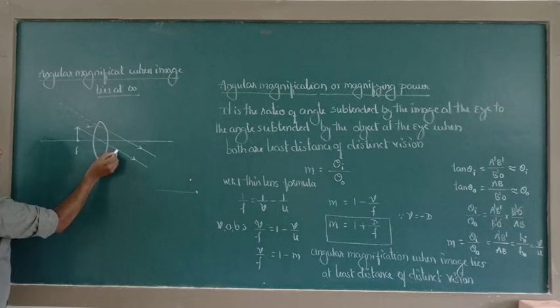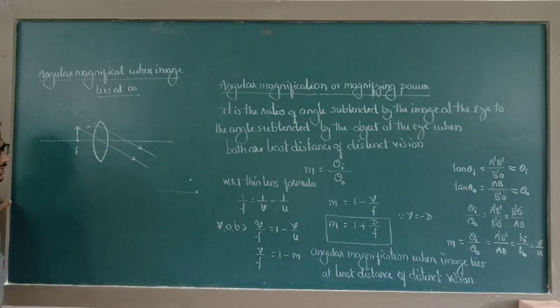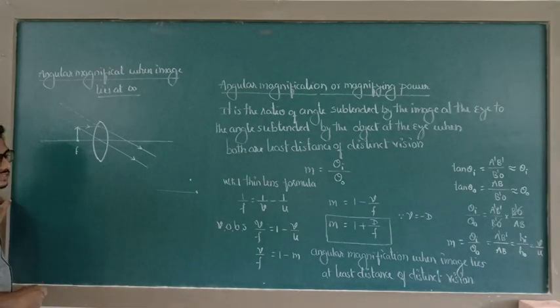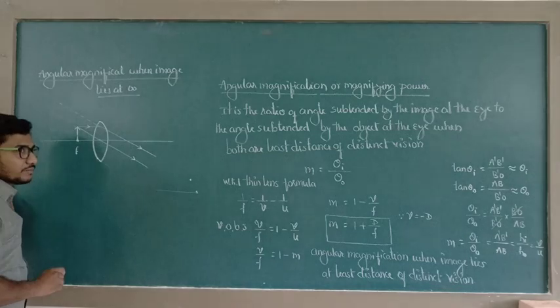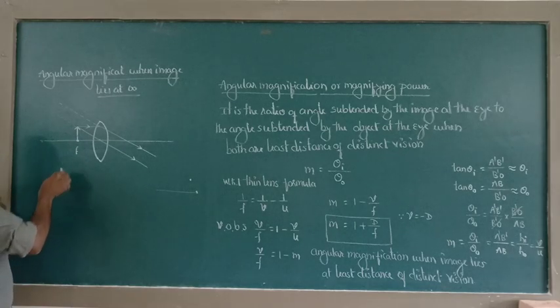Or let us consider this segment. This segment touches both the object as well as the image. Again, we cannot say the angle made by the object at the optical center is equal to the angle made by the image at the optical center. Then the criterion is we can analyze these two angles when both are at the same position from the optical center. So here I am going to consider